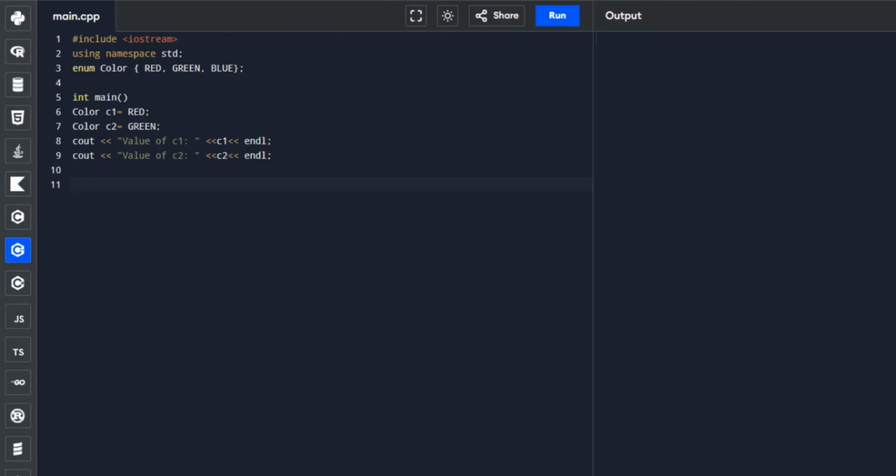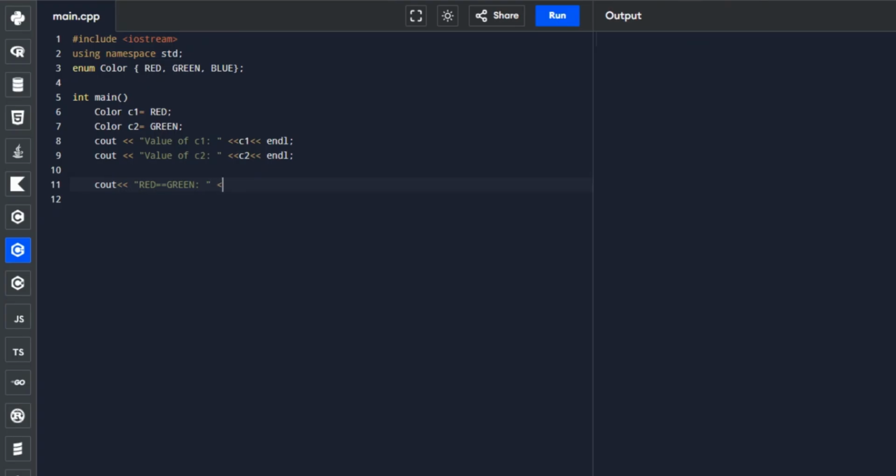It's going to display the value while having our comparison, so we start with cout.